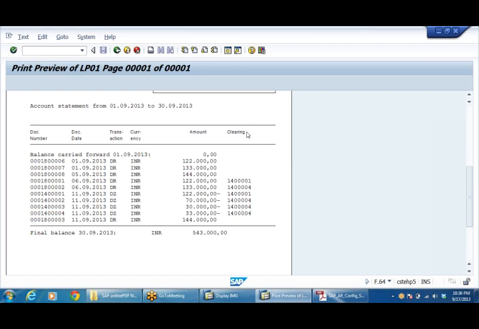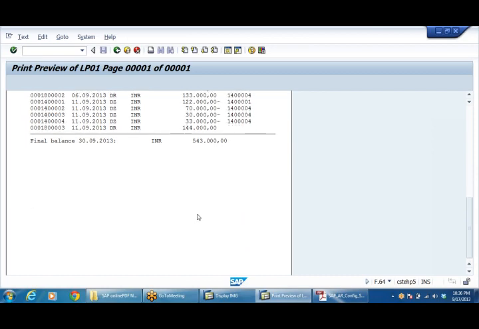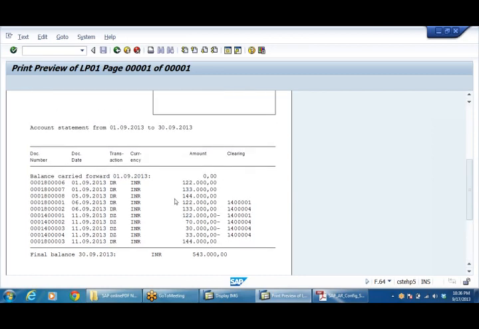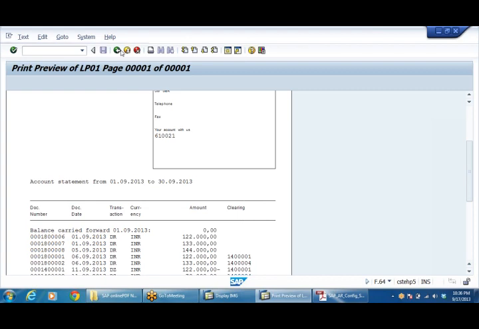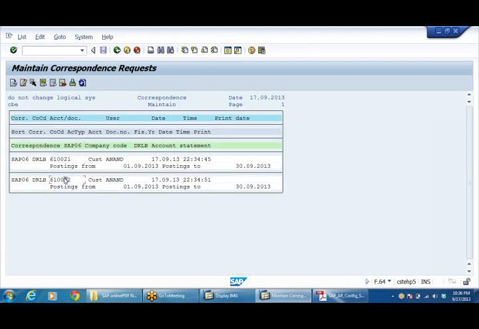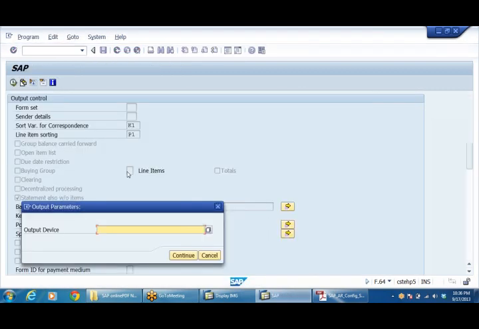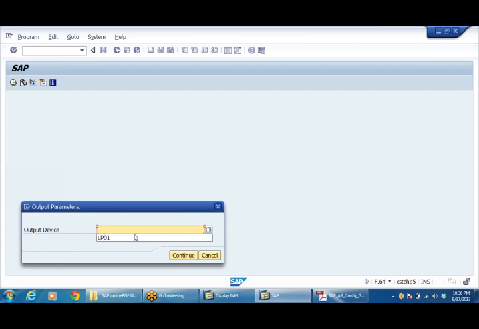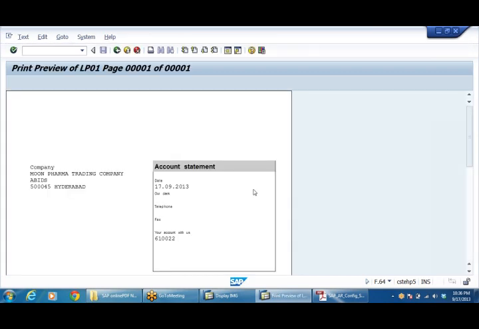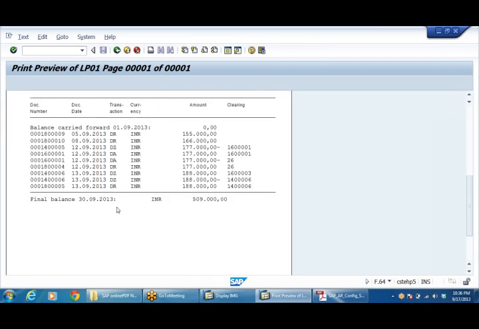This is a clearing document. They don't understand this. That's why we'll remove this. So in a real scenario, we make some changes with the help of the ABAP consultant. Below again, signature. Similarly, double click on this. Continue. Right.